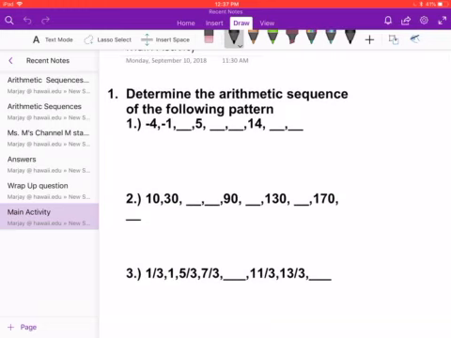So determine the arithmetic sequences of the following pattern. I would like you guys to pause the video, work on this for 15 minutes, and come back again when you're ready. Okay, I'm assuming that you have already paused the video. So now, let's start discussing this. First of all, is this an arithmetic sequence? Oh no, we cannot